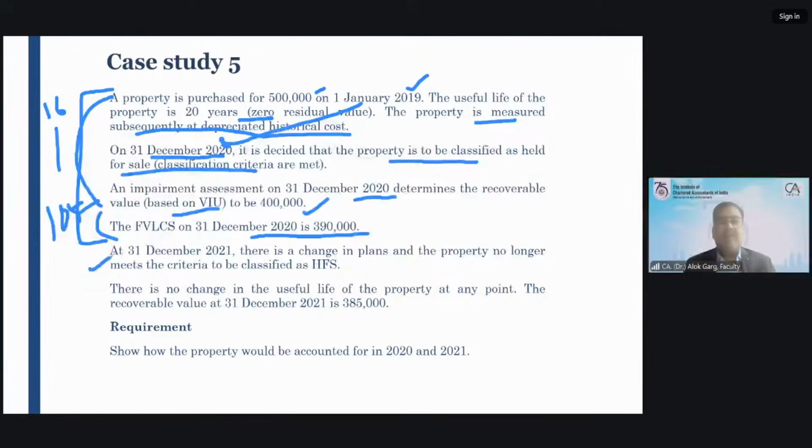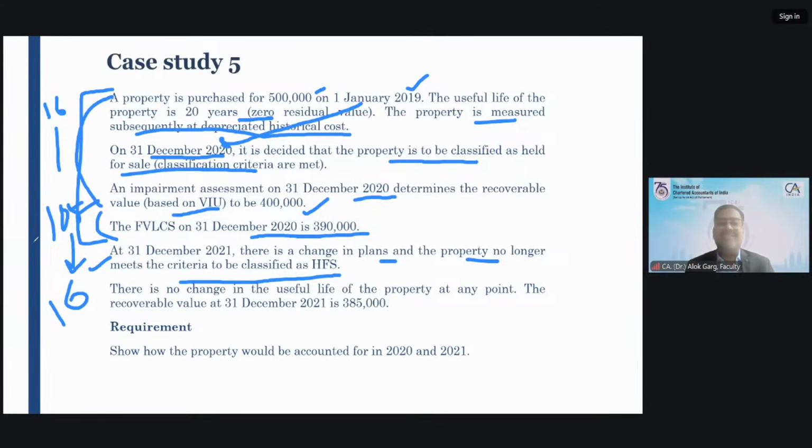As on 31st December 2021, there is a change in plan and the property no longer meets the criteria to be classified as held for sale. Okay. So now there is a change in plan, which means it is again moving from Ind AS 105 to